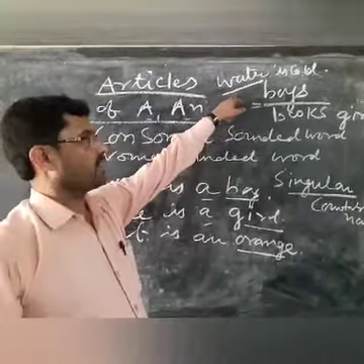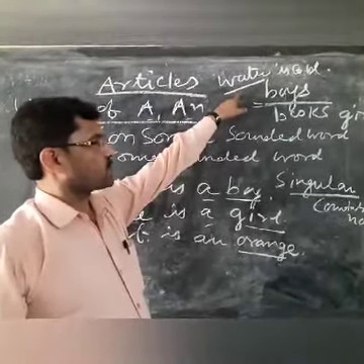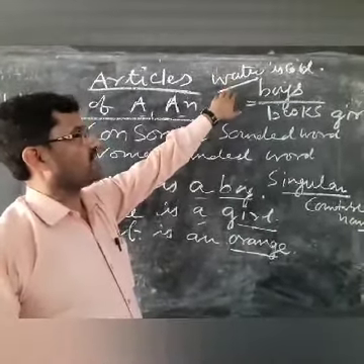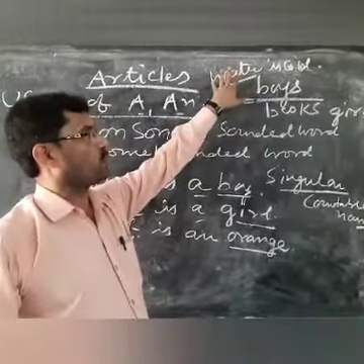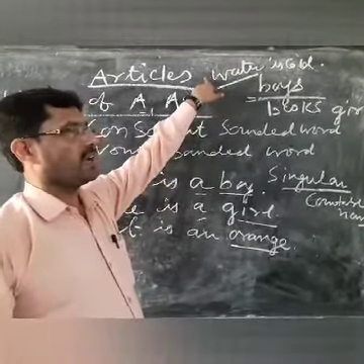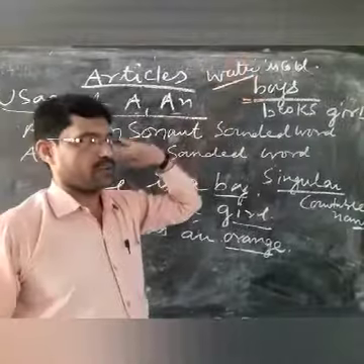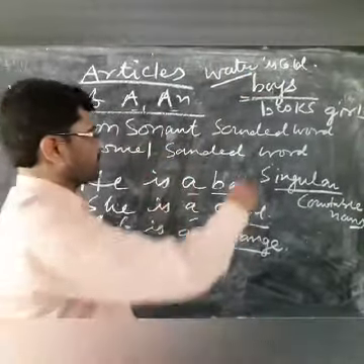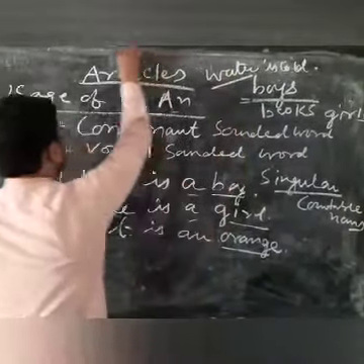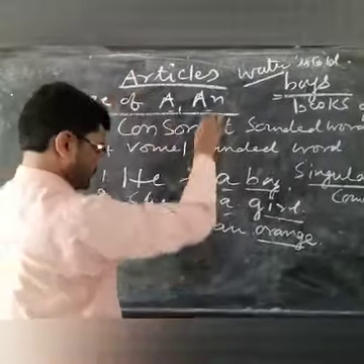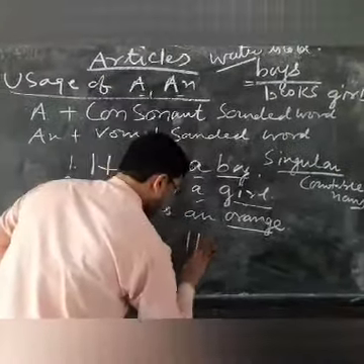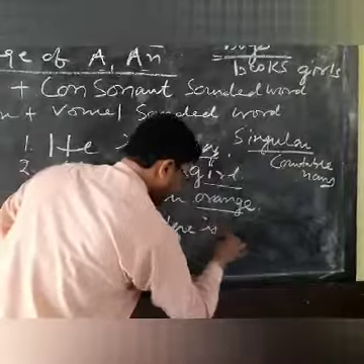You can't say. Why can't you say? You can't say because water is an uncountable noun, so you can't use "a water is cold." But if this water is used as a countable noun, suppose I say here is a